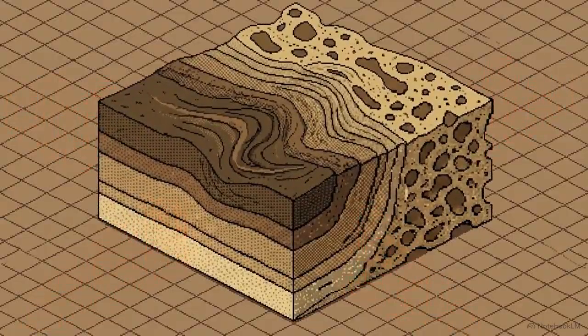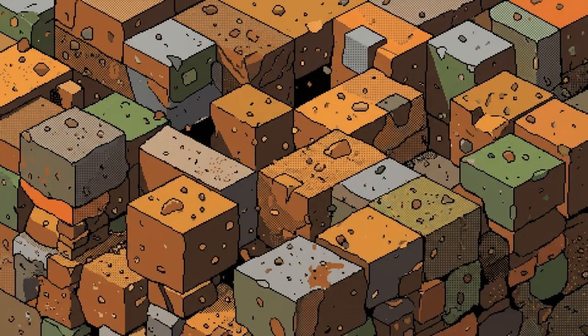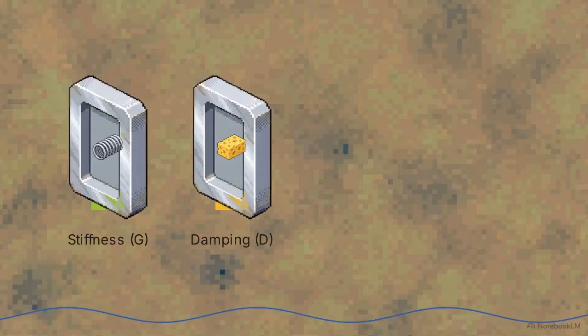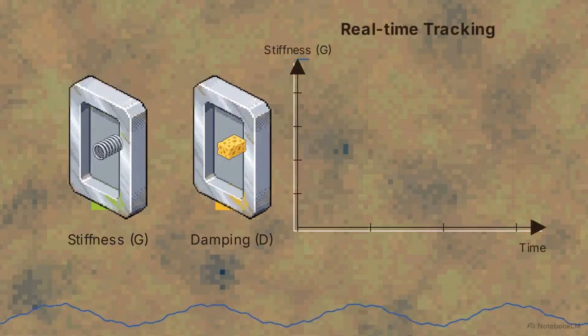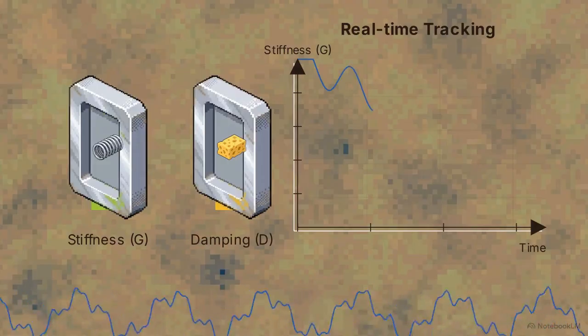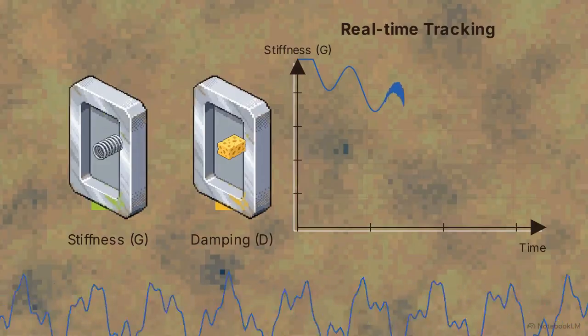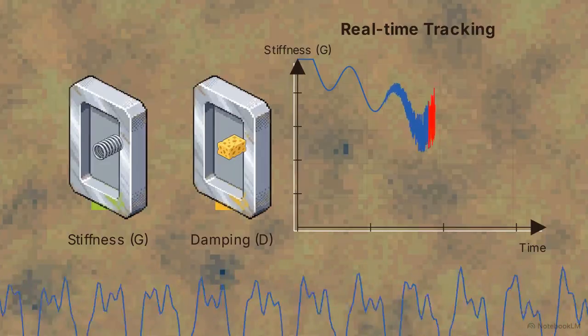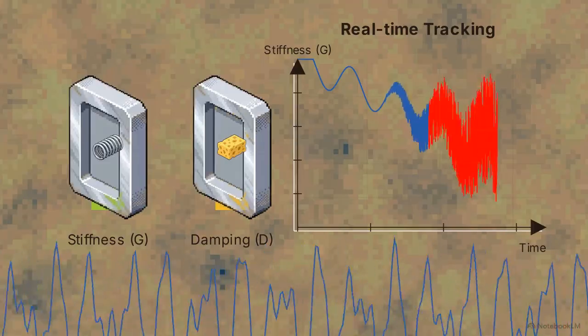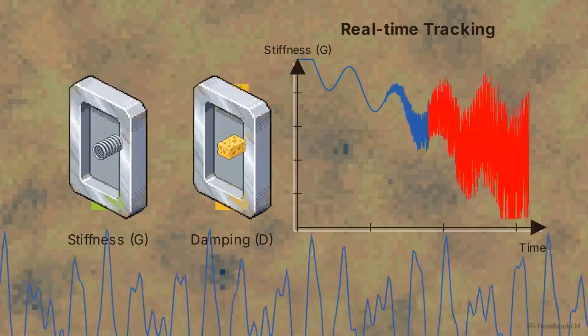like a dense sponge. Engineers define this as nonlinear behavior. The soil lacks a single constant structural identity. Its stiffness and its ability to dampen energy are shifting every moment the ground is in motion. Attempting to track these shifting properties mathematically creates a massive data bottleneck. To map the soil state every millisecond, the calculations multiply exponentially, resulting in a cluster of data points that would overwhelm most conventional processing power.